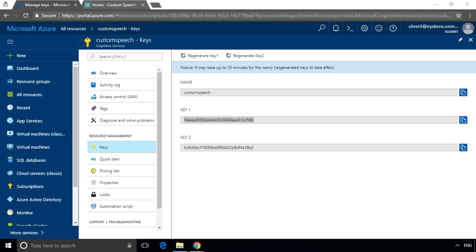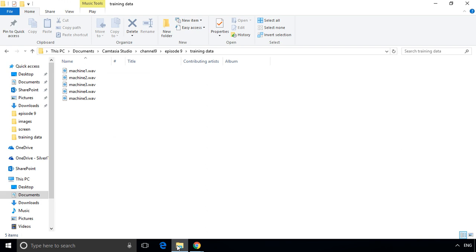I'll show you later how to create speech models, but let's first have a look at the raw data. I have already recorded a few WAV files with some background noise to mimic the noise of the factory. You can use any recording tool, but remember that for the time being, there are a few major constraints. The file must be in a WAV format. The sampling rate must be between 8 and 16 kHz, and the recording should be in mono, not stereo. At last, each WAV file shouldn't exceed 1 minute.